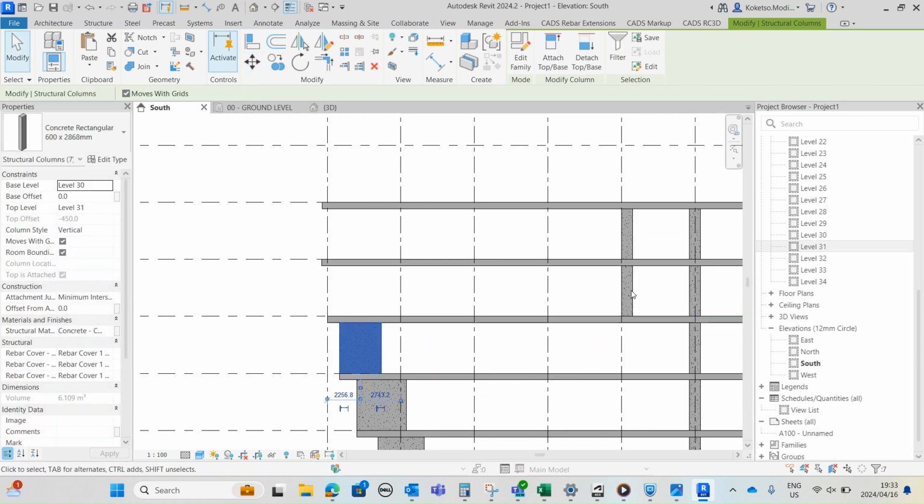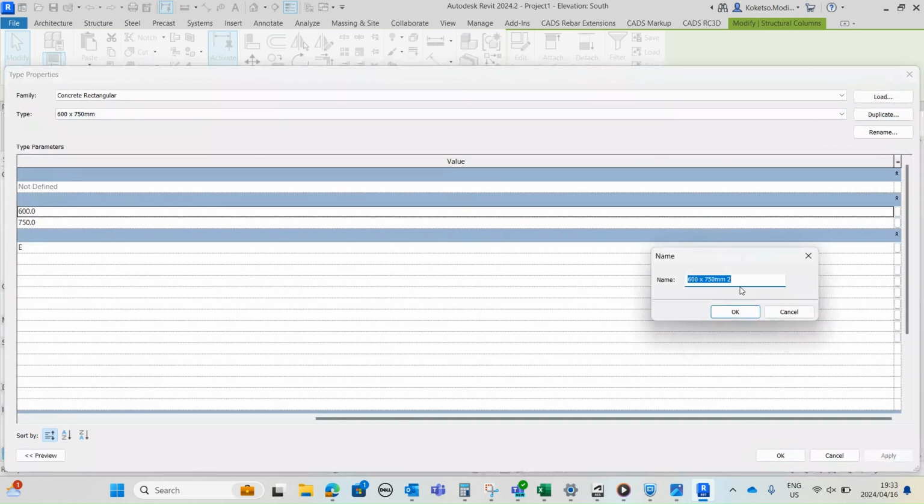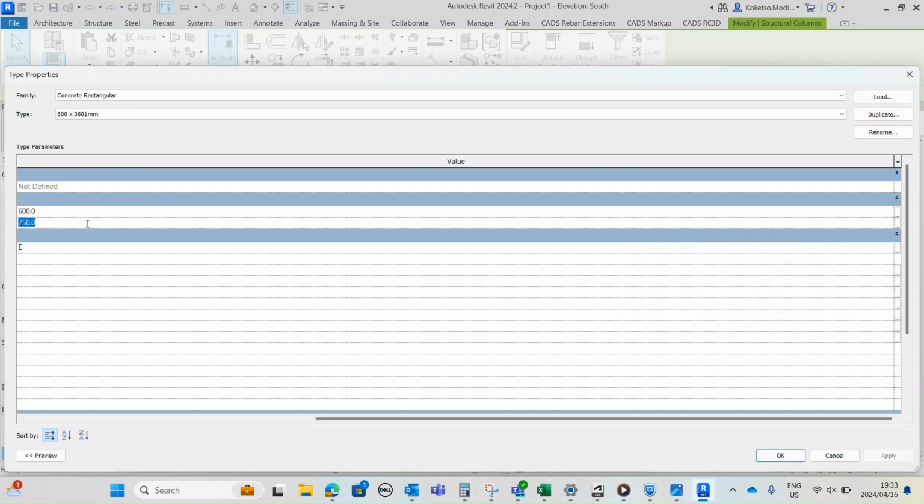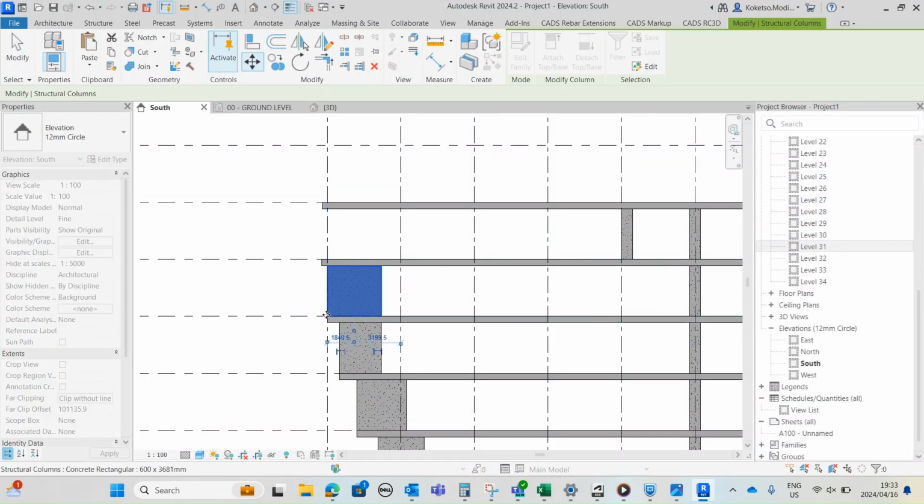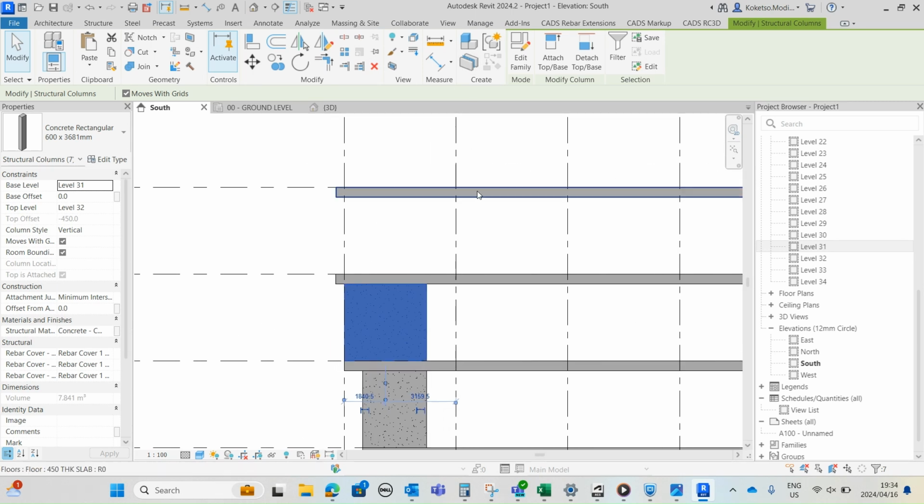Then I'm going to place it like this. Then I'm going to say edit type, duplicate, and then I'm going to change this to 3,681 millimeters. OK. 3,681 millimeters. Apply. OK. And then I'm going to grab it and place it like this. And then while it's still selected, so we are left with